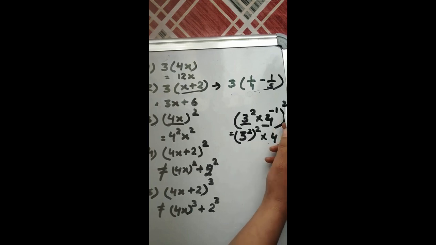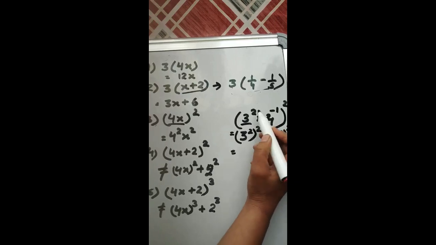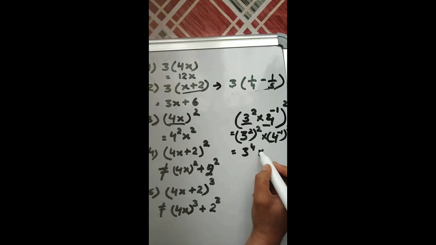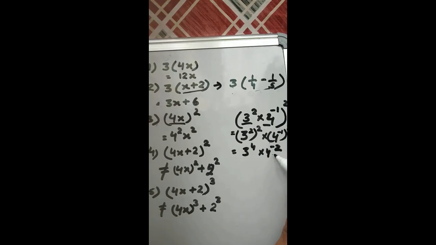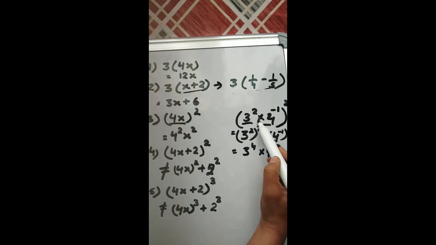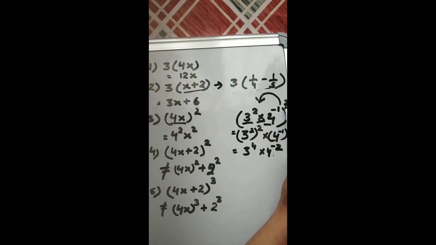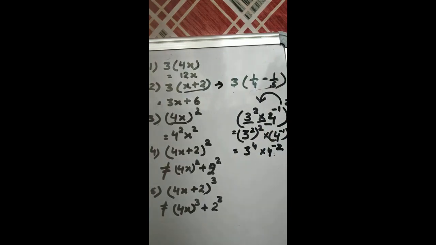4 raised to power minus 1 whole raised to power 2, or you can directly write, because powers get multiplied, 3 raised to power 4 into 4 raised to power minus 2. From here also you can write this directly, because there is a multiplication sign, you can distribute the power. This is the highlight of this video. Please do understand this. You can multiply like this, but